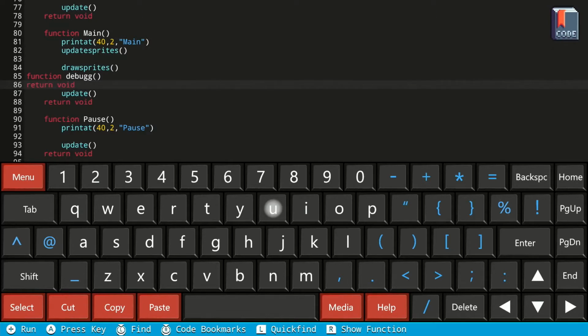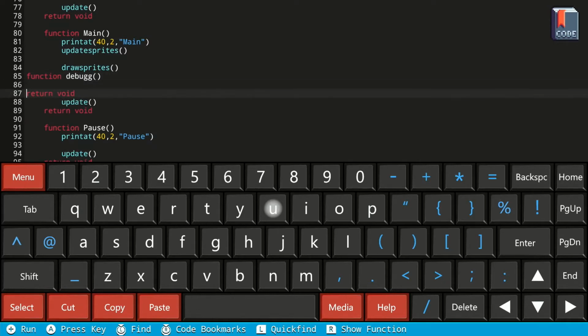I'm still getting used to the keyboard, because I usually only code in handheld, so this is a bit new to me. In the debug, well, first